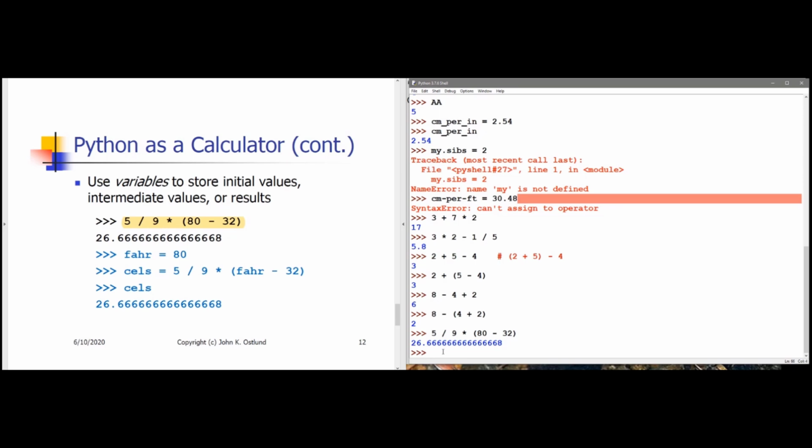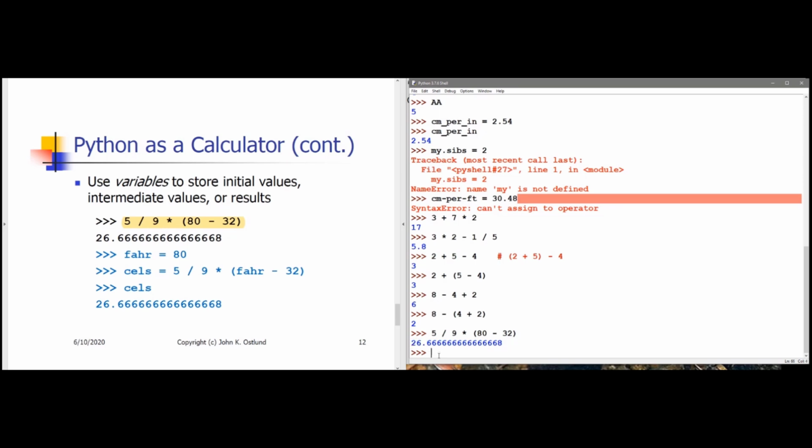But in fact, this computation is doing a useful thing. This computation takes a Fahrenheit temperature, which is 80 in this particular case, and converts that into a Celsius temperature. If you take a Fahrenheit temperature and subtract 32, and you then multiply the result of that subtraction by 5/9,